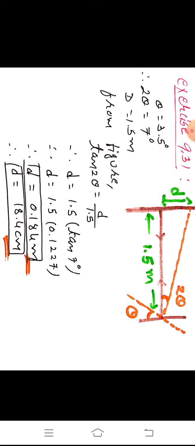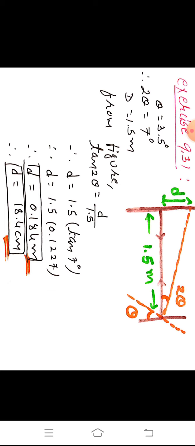That's why theta is 3.5 degree. So 2 theta 7 degree. Just consider 1.5 meter as a capital D. Then from figure if we use the tan function then tan 2 theta is equal to D upon 1.5 opposite upon adjacent. D हमें चाहिए तो इसको सब्जेक्ट बना दो and just see the tan टेबल नेचुरल tan जिसमें 7 डिग्री की वैल्यू देखो इट इज